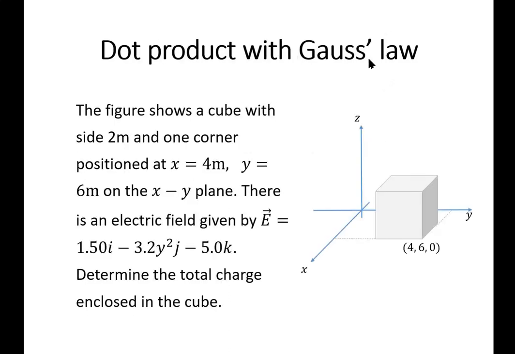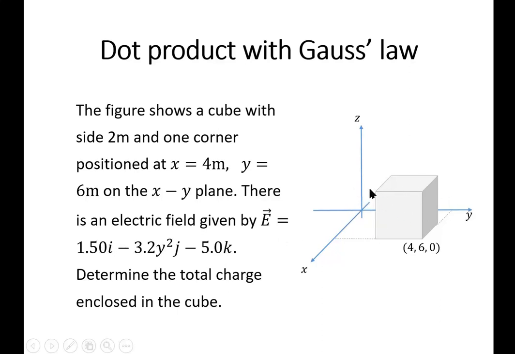Let's have this question quickly. So we have a box here. One of its corners is placed at position 4, 6, 0, and it is in a volume. Then there is a charge placed in it. We are supposed to determine that charge, given that there is an electric field being